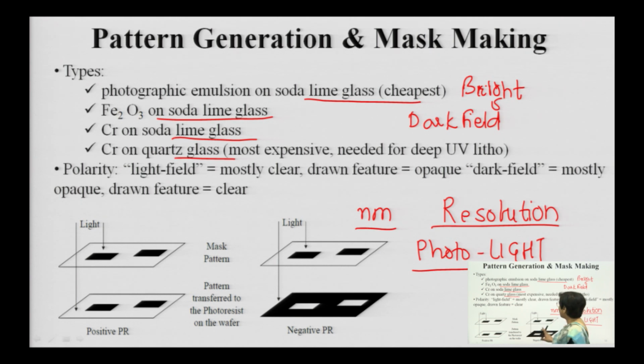You can use a dark field mask. Now, see, the same pattern can be created in either way. You can transfer the pattern through whatever light is penetrating. If you are using positive photoresist, it will develop that particular area. If you want negative photoresist, you will make the opposite mask and complement the process that way. The mask can be made bright or dark, and you can convert one into another.